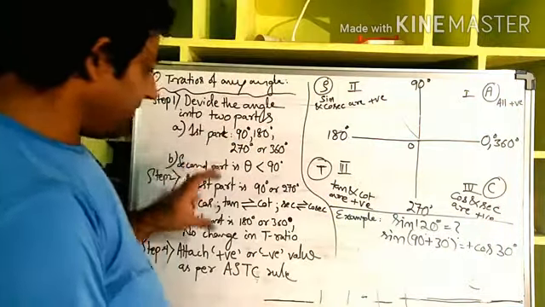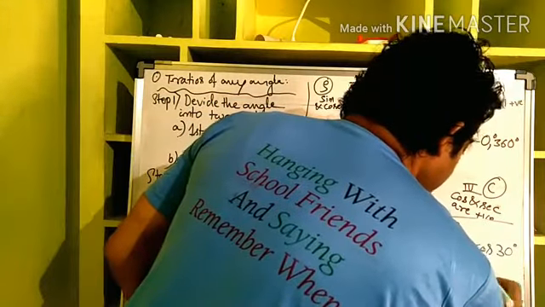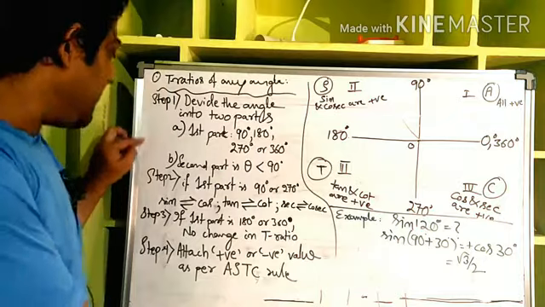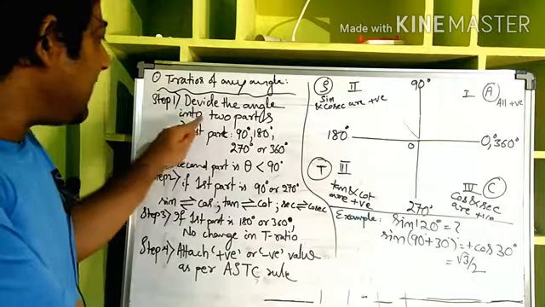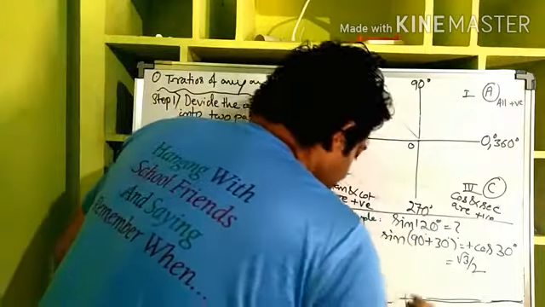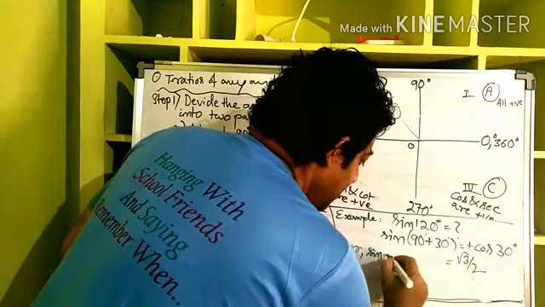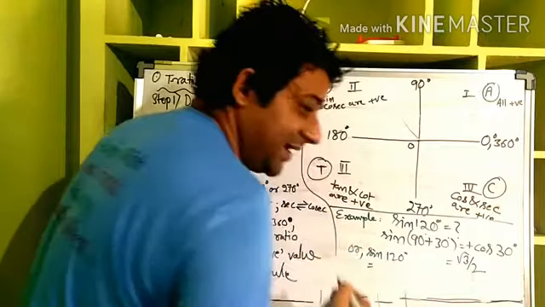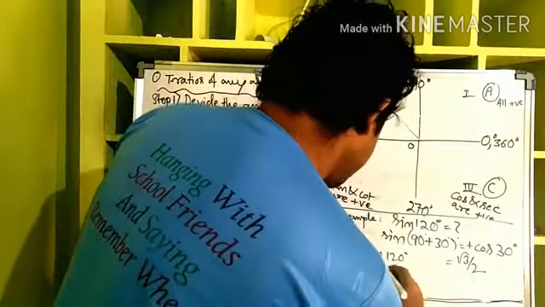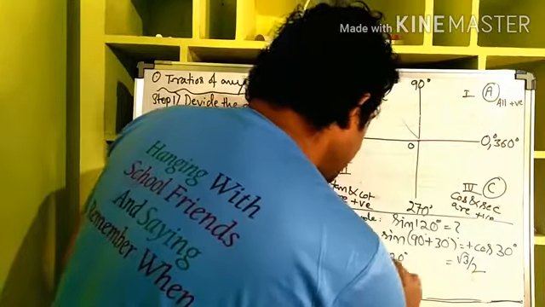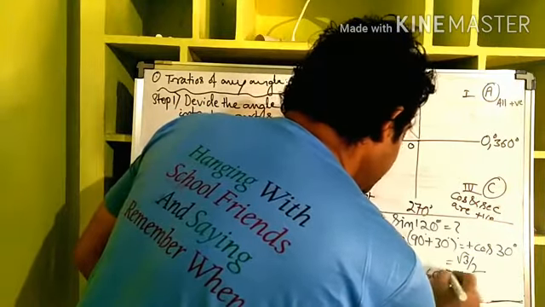And cos 30, I have erased that from the table. You remember cos 30 is equal to how much? Root 3 by 2. Now you can apply those steps in a different way. The first step says divide the angle into two parts, and this can also be written alternatively. From 90 we wrote one, from 180 also we can write it. I am very sorry, it is sine of 180 minus 60 degrees. We can write it like this also.